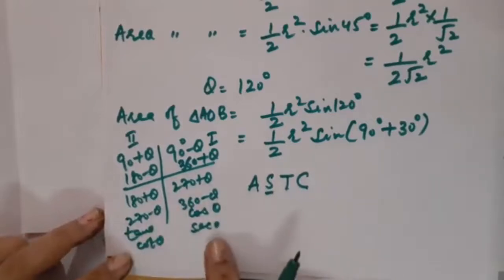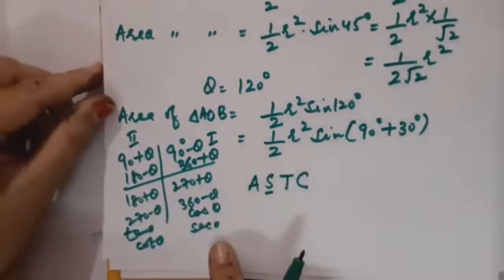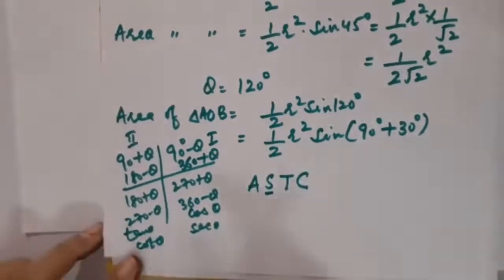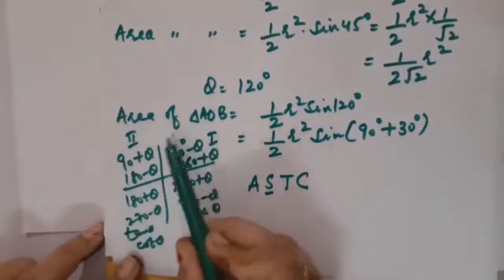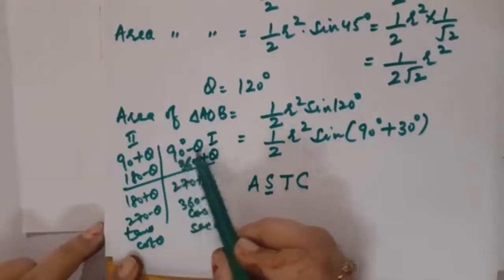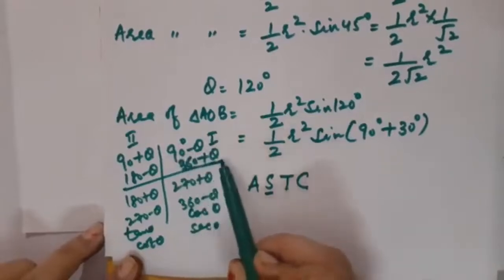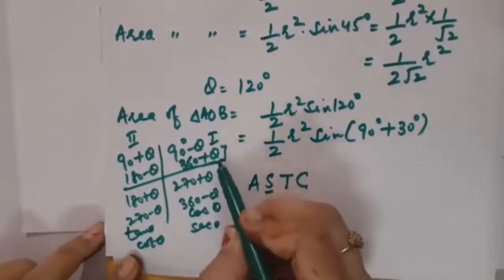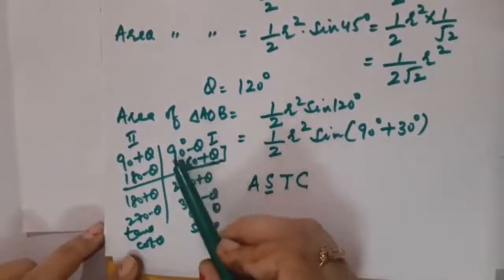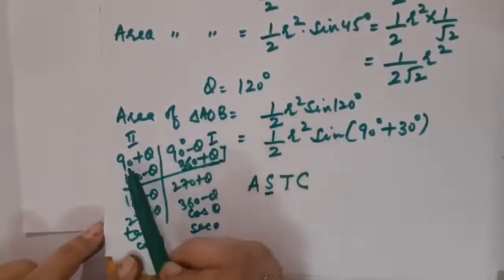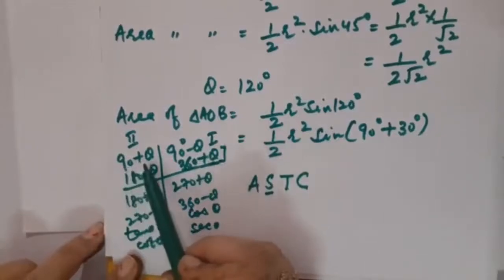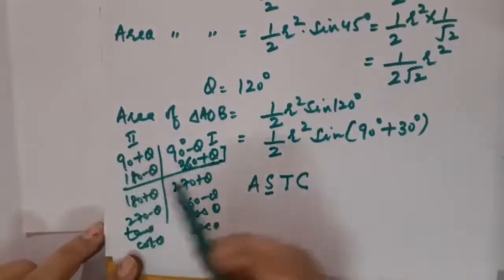This year 11th and 12th class teachers are going to explain this to you. Right now you just memorize one step: in the first quadrant, when we are dealing with 90 minus theta, not even with 360 plus theta, because this is also not in our course, all trigonometric ratios are positive. But when we are dealing with 90 plus theta, only sine and cosec are positive.